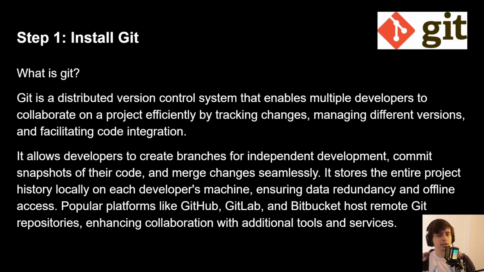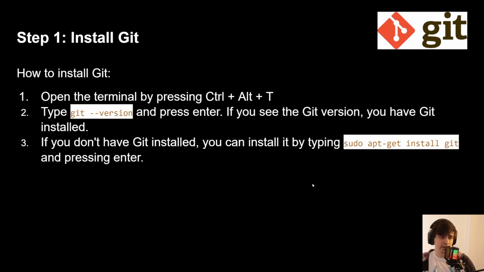The first thing we are going to do in this tutorial is install Git. Git is the most popular version control system in the world. Practically all developers nowadays are using Git, and it helps you track the changes you make to your code over time, and then you can host all these changes on a platform like GitHub or GitLab, and also collaborate with multiple people on the same project. So it's very easy here.